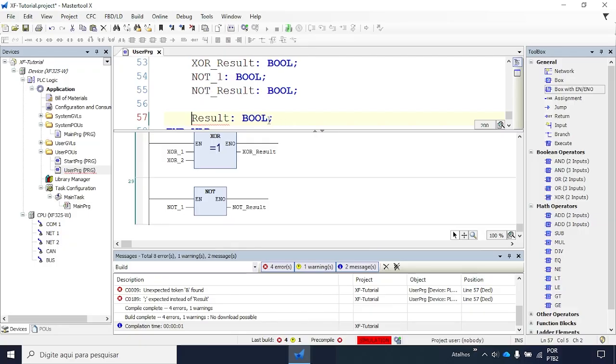And another good practice when declaring new variable names is to not use any name that Master2 already uses in the project. So let's say, for example, I want to name my variable user_prg. And as you can see here, we already have a program named user_prg, and that could cause some conflicts in the future. So if you declare a variable name that has some similarities with any name that Master2 already uses in the project, it's not very recommended.